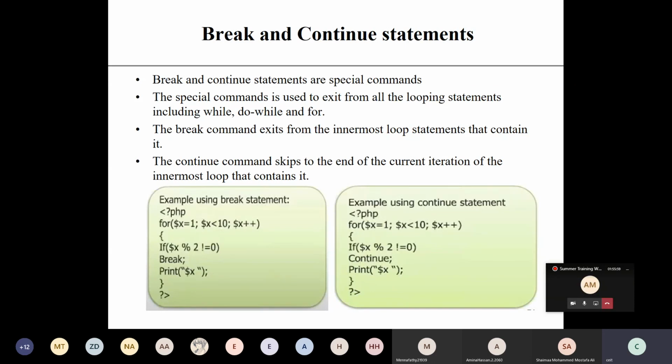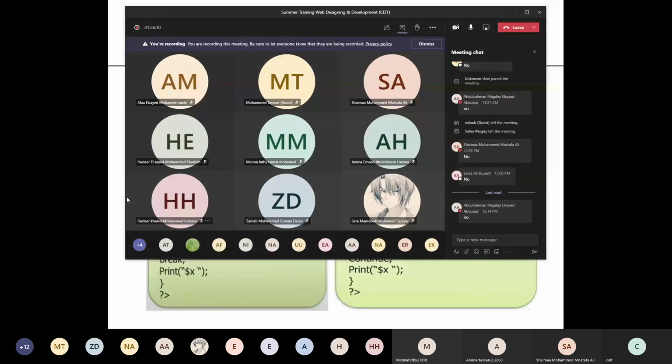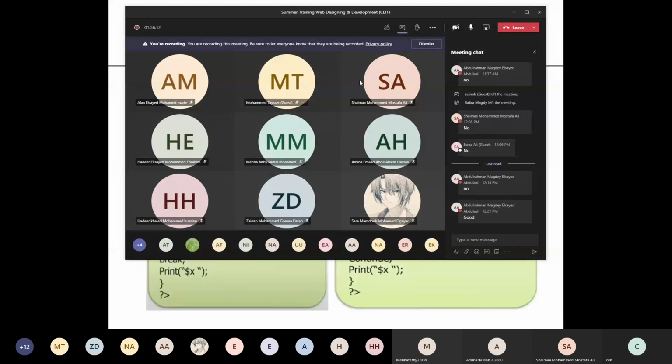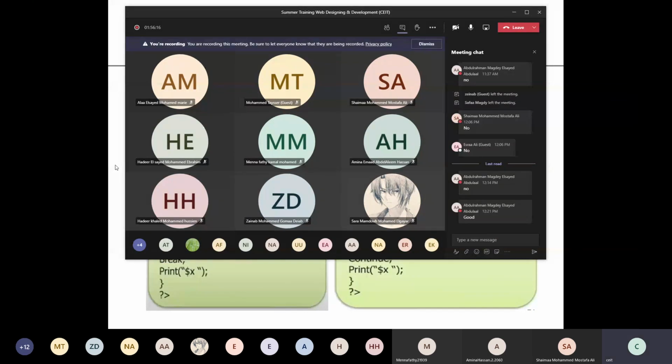Before that, I want you to be familiar with the XAMPP server and the PHP code. I will share the code, so practice it. If you have any doubt, ask me.